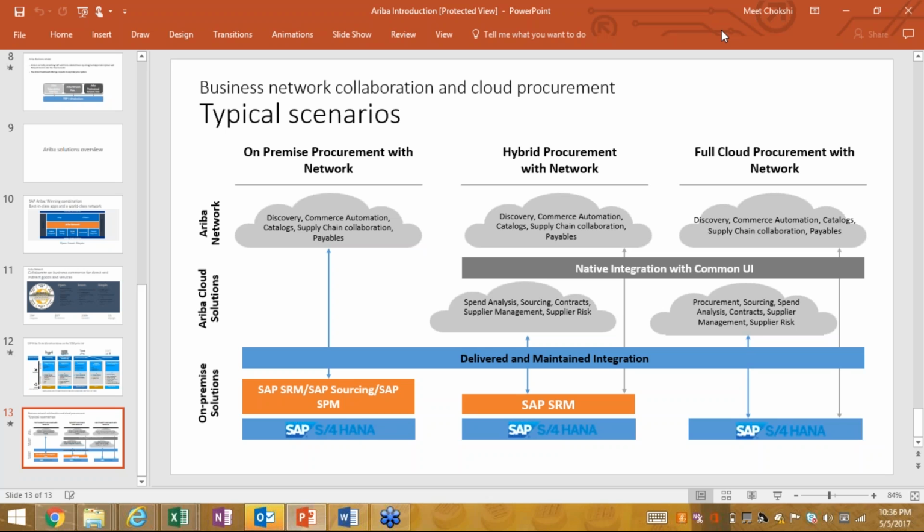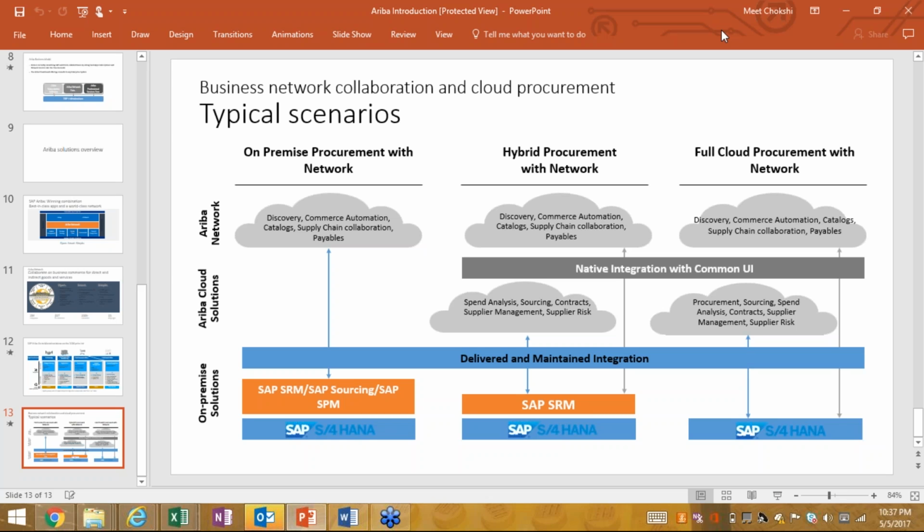So you go to Ariba, create your contract, and import your line items and material master from SAP. Once you create a contract in Ariba, you have to send it to your ECC system so that your acquisition can use that contract and source against that contract.